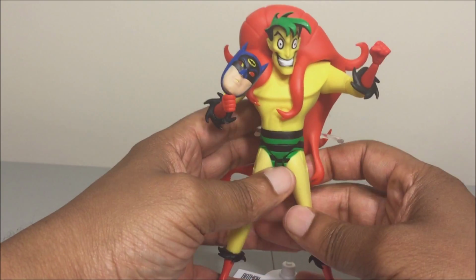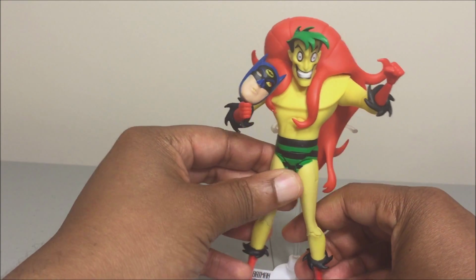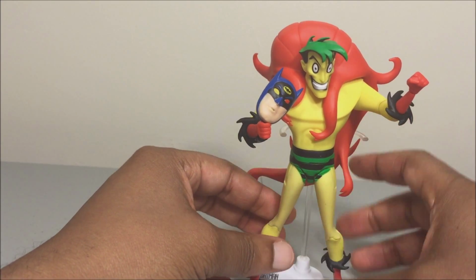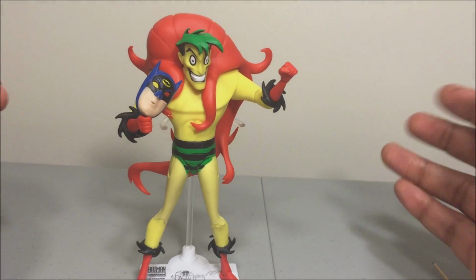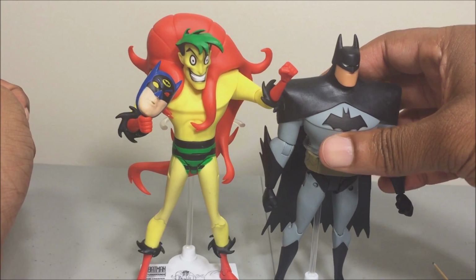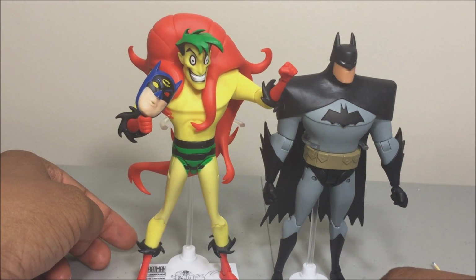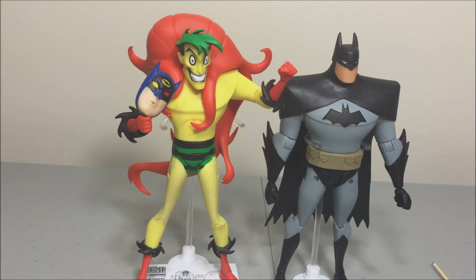I don't know. And also his joints are kind of loose. I mean, they do hold for the most part, but I'm trying to get him standing up, and his knees keep collapsing on me. So I'm trying to do like a little side comparison of him and Batman. He's a little bit taller than Batman. If he was standing up straight, he'd be taller than Batman. I'm not sure Jack Ryder should be taller than Batman. I wouldn't think he would be. Batman's a pretty tall dude. He's like 6'3", something like that. So, I don't know. But yeah, I mean,